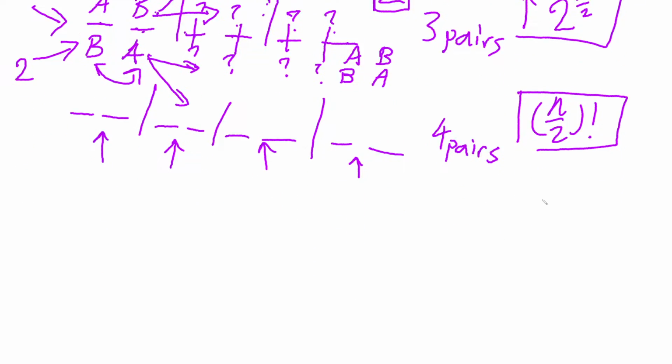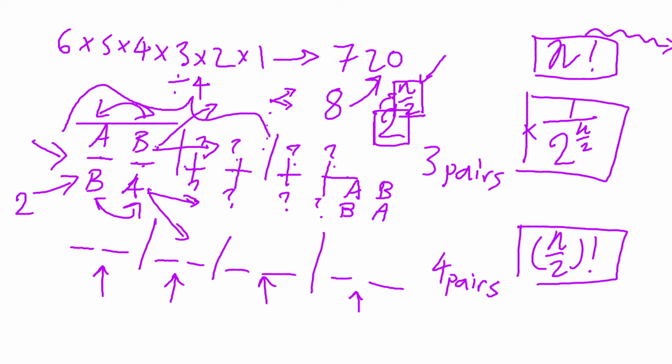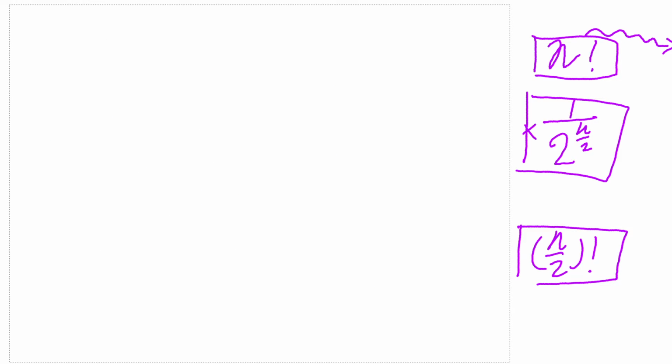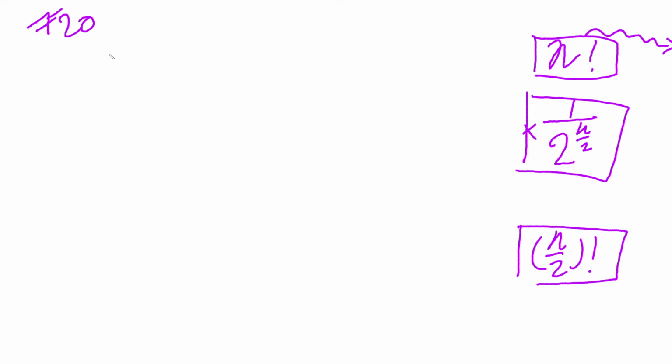And finally, we have this n over 2 factorial. So that might suggest to you that we are looking at an order of pairs because n over 2, as I established earlier, is the number of pairs involved in the system. And so why would we need to do that? Well, as I said earlier, this is to correct for another double counting effect. So for instance, we know we've already divided by 8 to deal with the fact that the members within the pairs might be ordered in several ways, leading to an overcounting of a single possibility of fanships. So dividing by 8, we get from 720 to just 90.